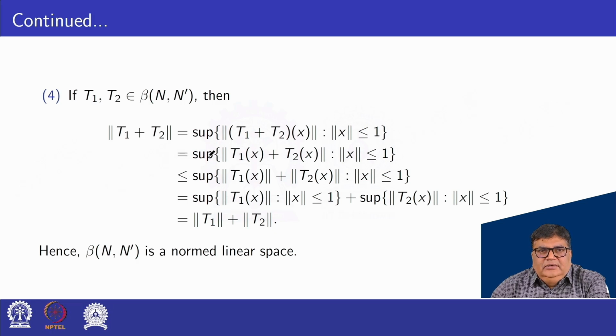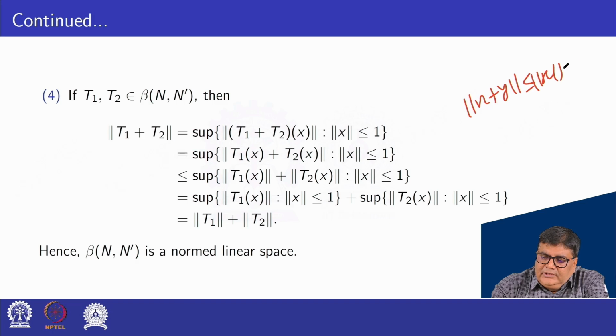That is the supremum of norm T1x plus T2x. Here we have the norm of two terms. So we know that norm x plus y is less than or equal to